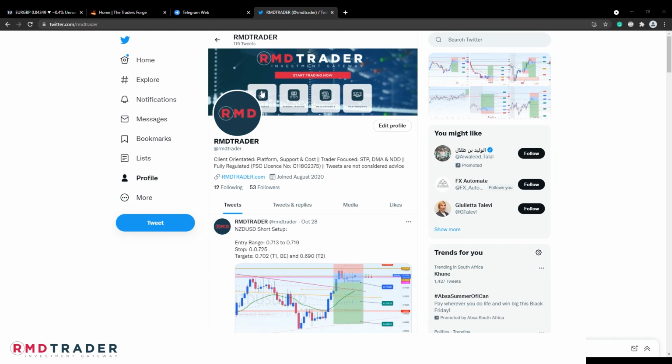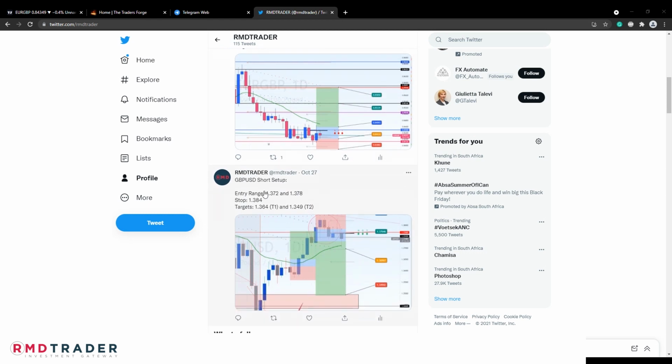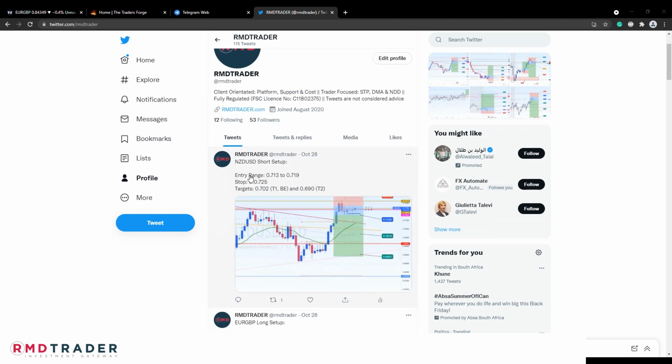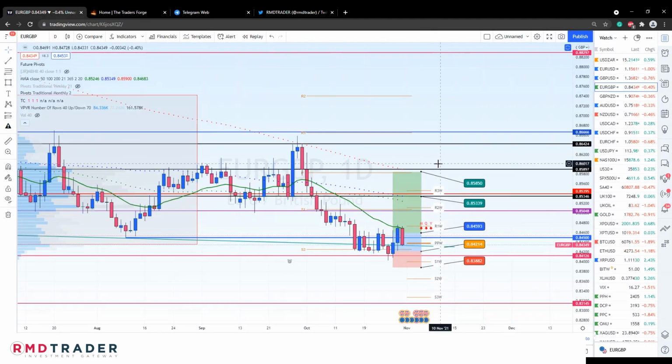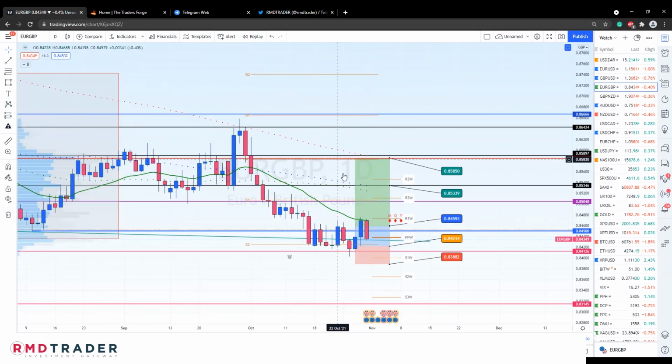Let's start by having a look at some of the trade setups that we shared with you guys last week. The 3 setups that we sent out were firstly the short setup on GBP/USD, then a long setup on EURGBP, and then another short setup on NZD/USD. Just looking at the chart and seeing how those are currently playing out,